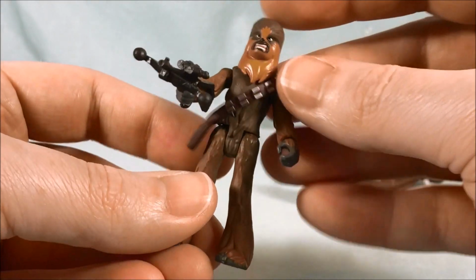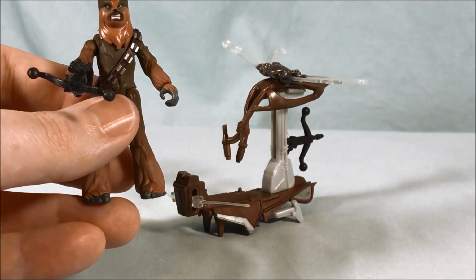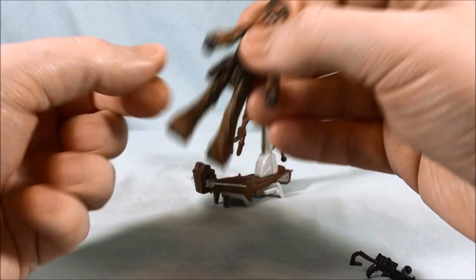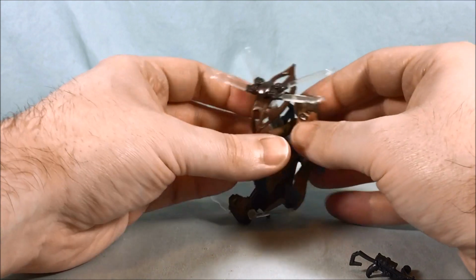So yeah, all in all, I think it's a really cool figure. I like it quite a bit. Let's go ahead and try to get it into the vehicle here. So I'm going to go ahead and take off the bowcaster here. Now we should just be able to slide him underneath here,